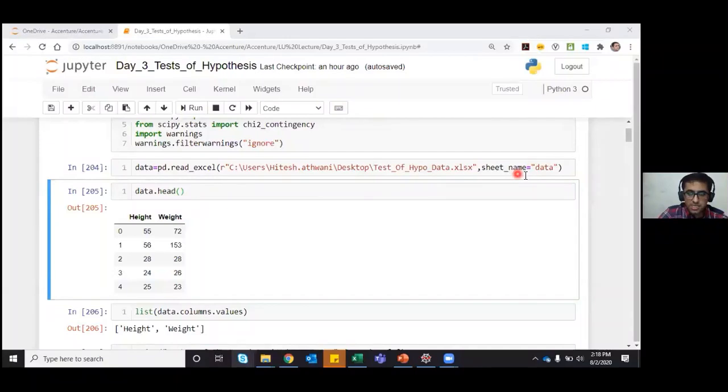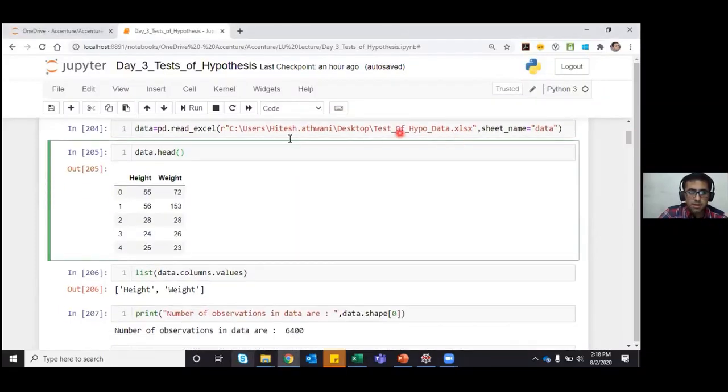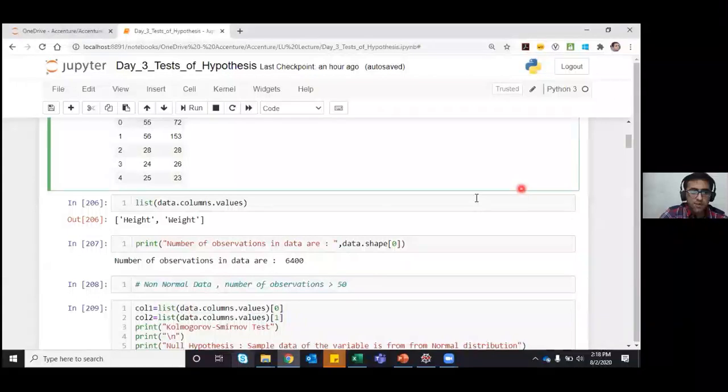In the subsequent part of my code, I will be using different sheets where I have saved different kinds of data for different analyses. And this r is written so that we don't have to write double slashes. It will automatically take the path. You can just copy the path here, and you don't have to write double slashes again and again. The r will manage it accordingly, so just write r here.